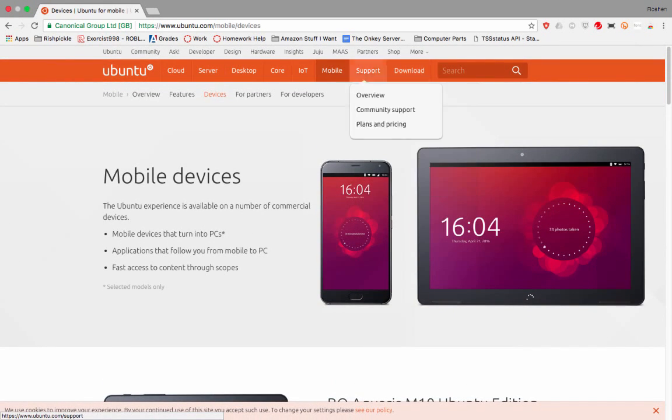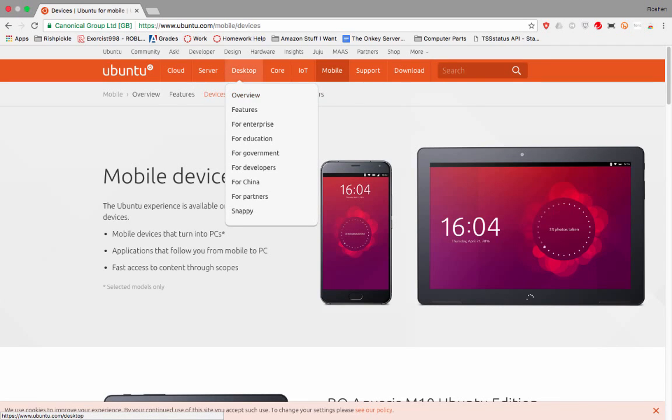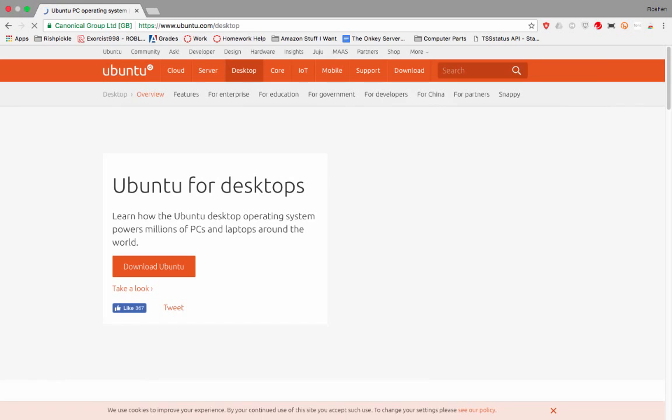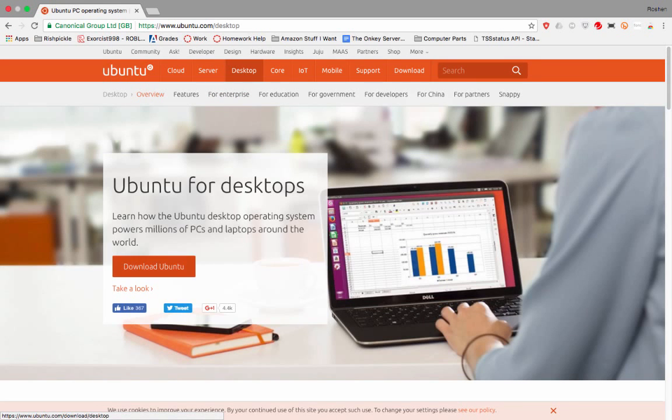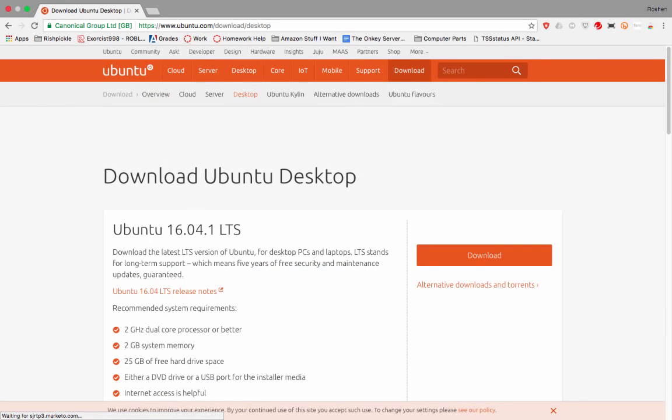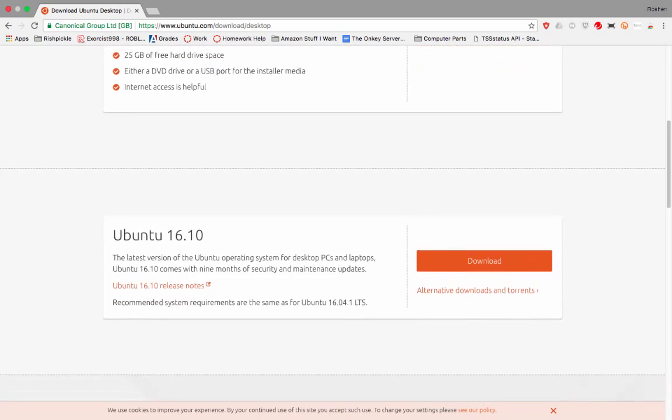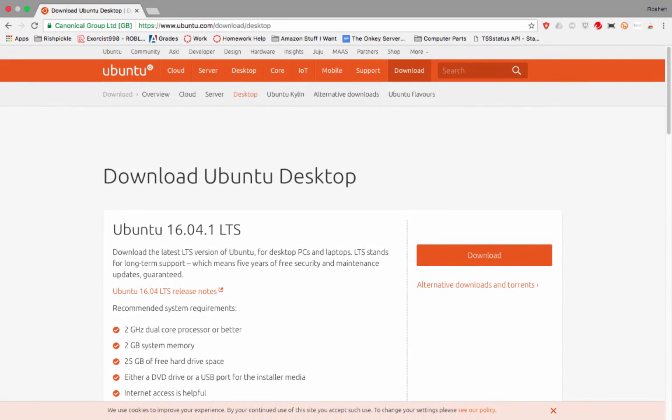I should probably give it a try, but just go to desktop, click on desktop up here, and then click on download Ubuntu. I will skip the part when it's downloading because you probably don't want to wait for it to finish downloading. So the latest version is, this isn't the latest version, this is Ubuntu